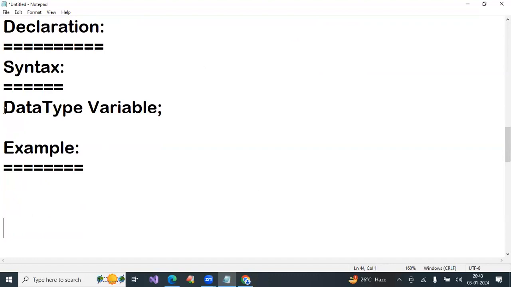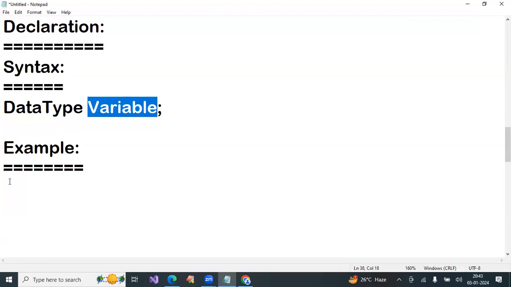Here, just now you studied data types, any one data type. Variable is nothing but an identifier. The variable name is called an identifier. Already you studied, an identifier is a word used to identify a variable, method, class like that. It can be a variable name, method name, you studied, no? So a variable name is nothing but an identifier. For writing that variable, you need to follow identifier rules.